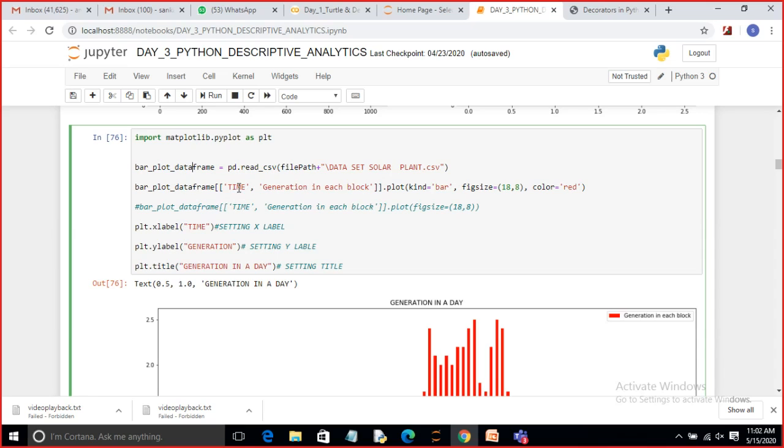Then generation, and then file create and exit.